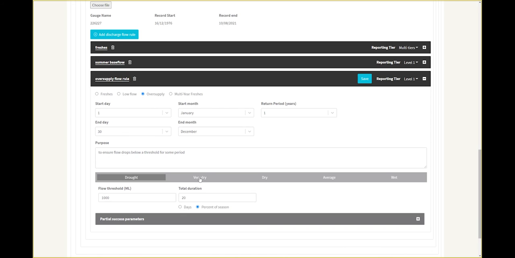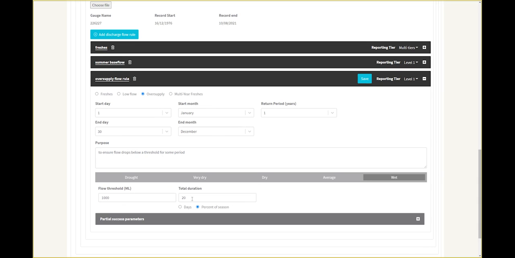And we can do that then for very dry, same thing. Dry. We'll set these all the way through here the same. Average and wet. And then we've got represented there an oversupply flow rule where we're trying to hold the flow below a threshold for a certain period